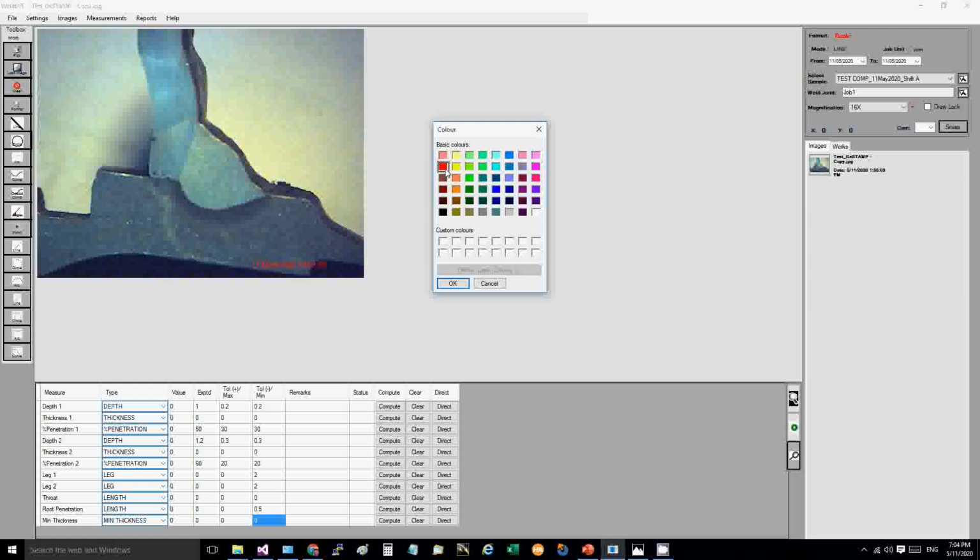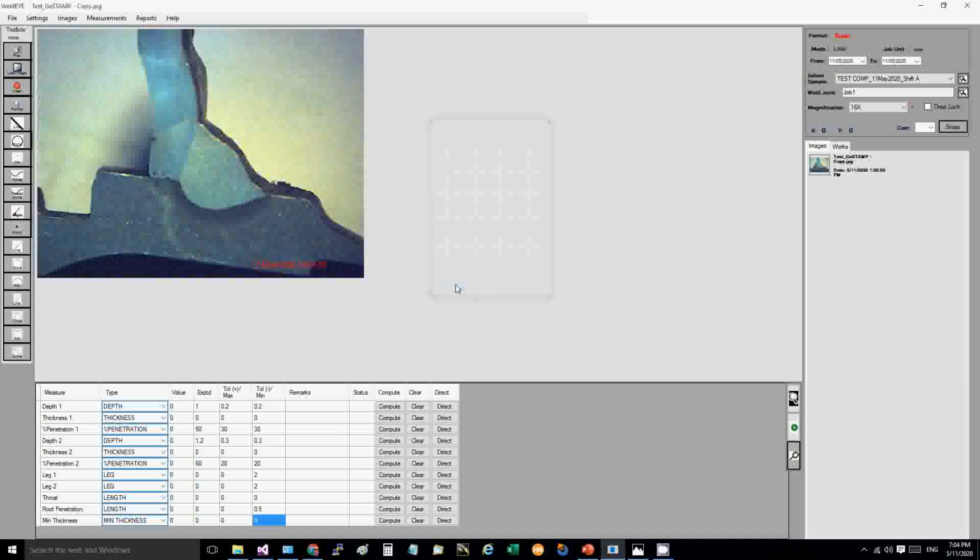I'm selecting red here so that it is more visible. But we can change the color at any point using this option. Now this will give you a zoom window. If I click on this button, my zoom window will open. Zoom window, I can do by magnification. What it will do is it will magnify my